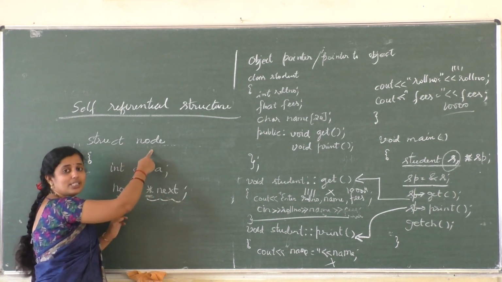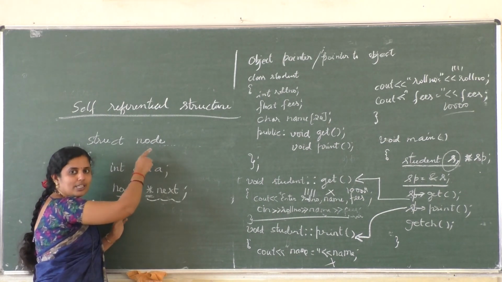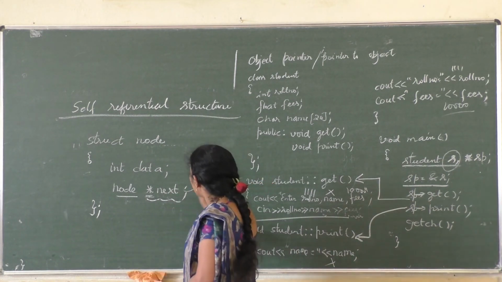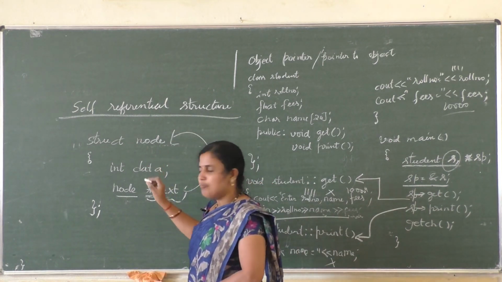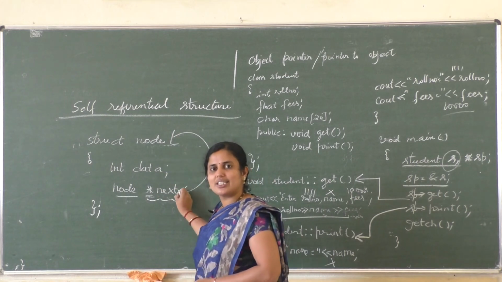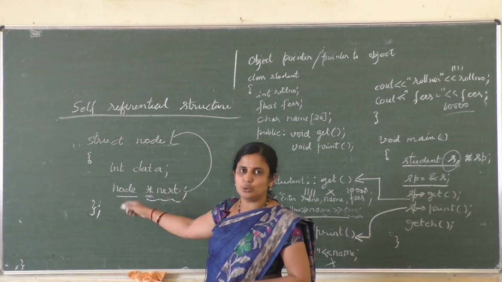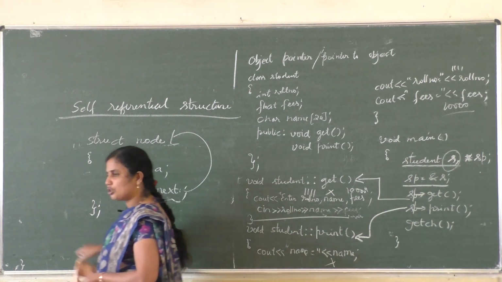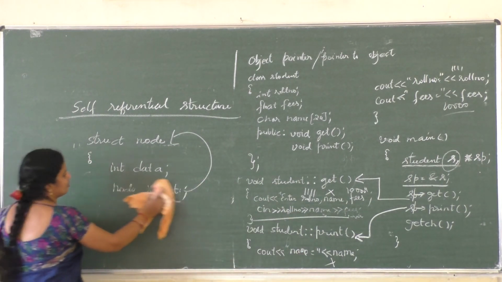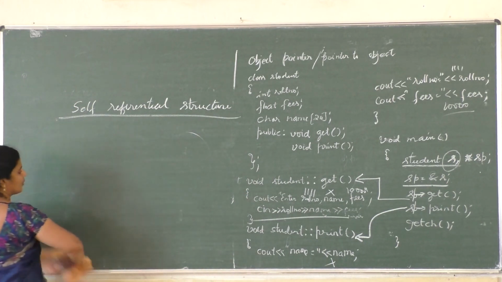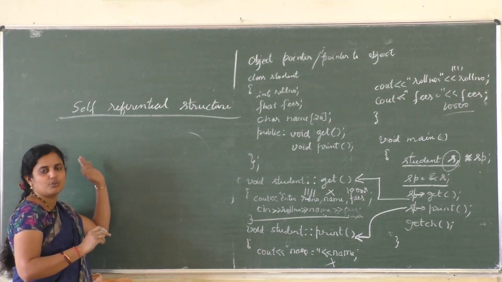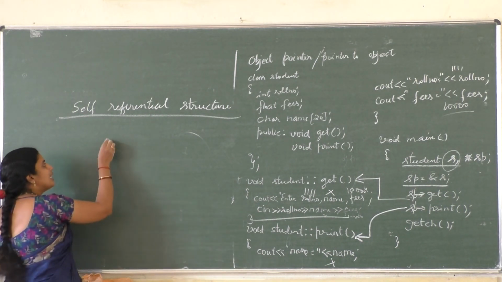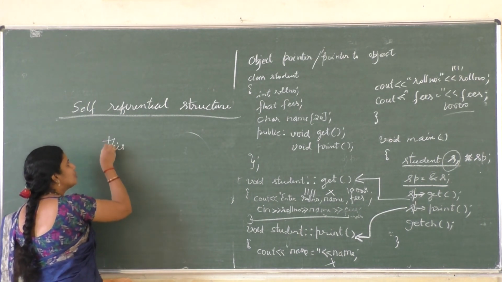That is inside which structure? The same structure. The node structure has star next, which is a pointer to node itself. So this particular structure references itself, so it is known as a self-referential structure. Finally, we move on to the last topic, that is the this pointer. For self-referential structure, you can study the definition for 1 mark. Next is the this pointer, which is also used for definition.